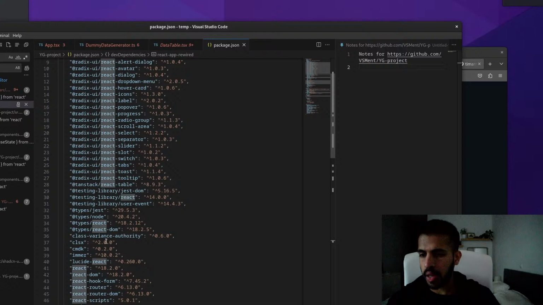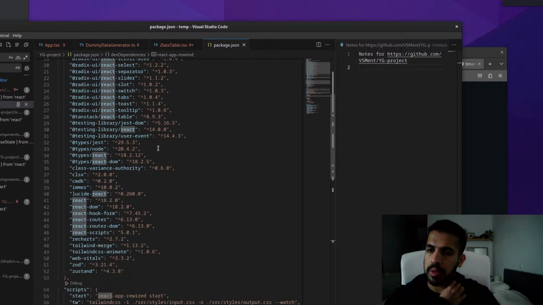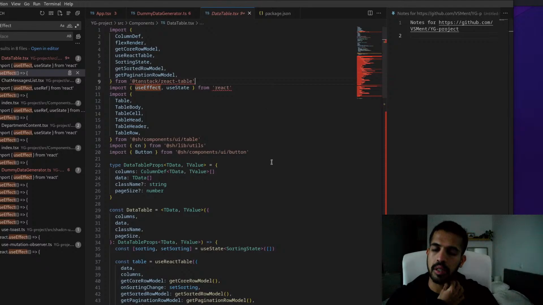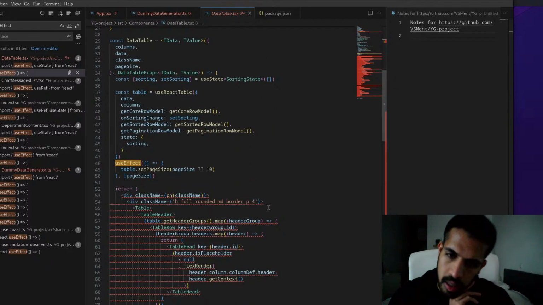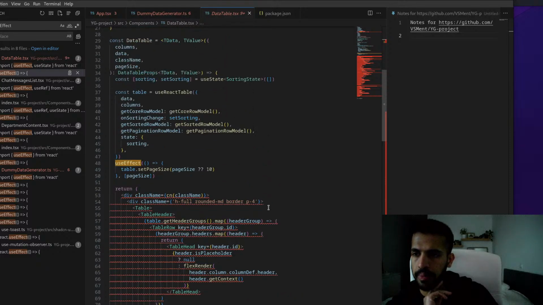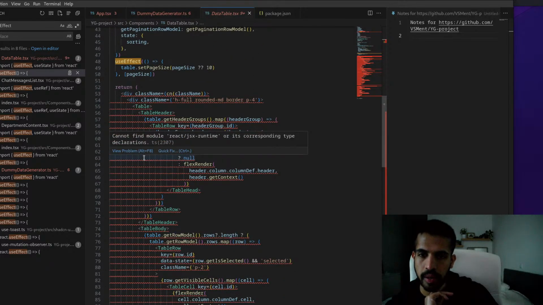Interesting, yeah. So I guess the types are also installed, but it's not running. Maybe this installation is missing the type extensions for TypeScript. I'm not exactly sure, but this is very annoying.